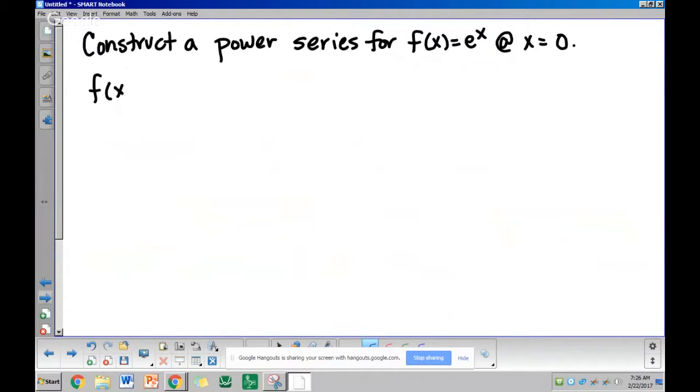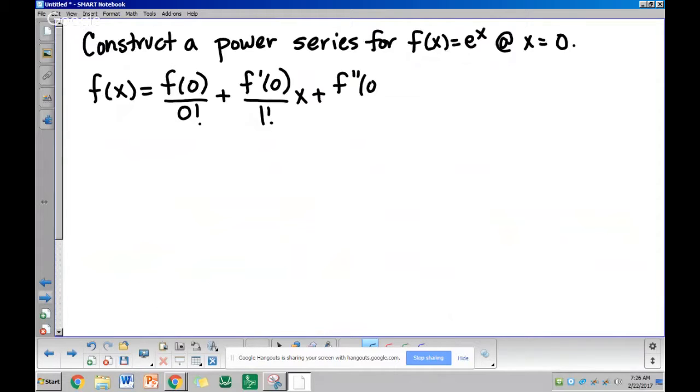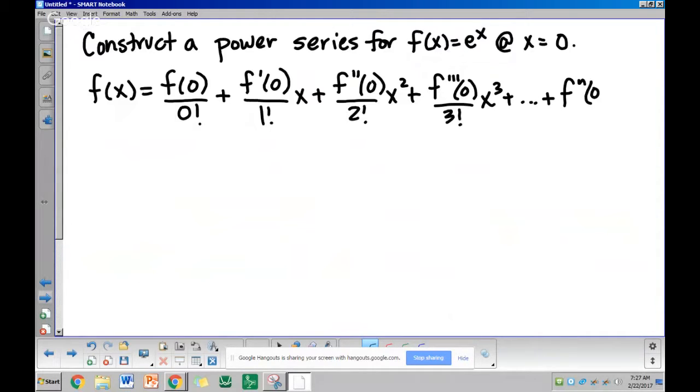So f of x is going to equal, the generic form is going to be f of 0 over 0 factorial plus f prime of 0 over 1 factorial times x plus f double prime of 0 over 2 factorial times x squared plus f triple prime of 0 over 3 factorial times x to the third plus, plus, the nth derivative evaluated at 0 over n factorial times x to the n plus,